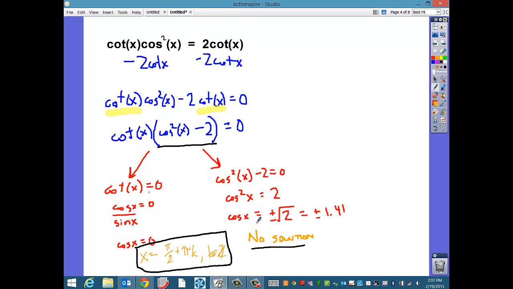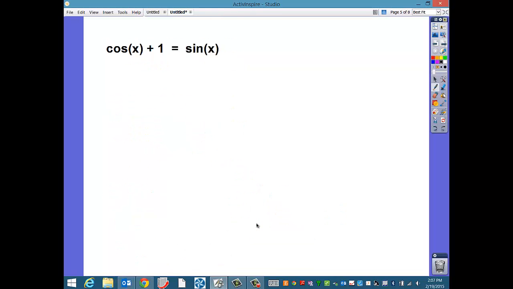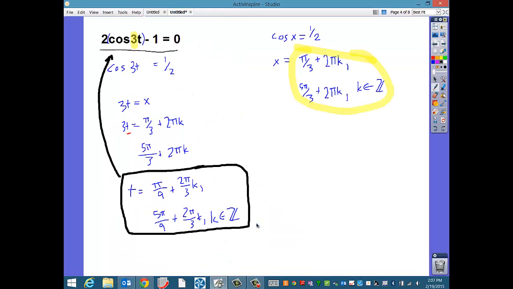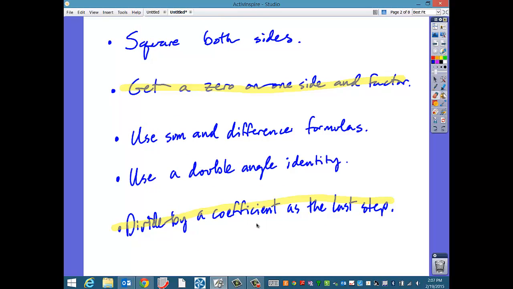Cotangent of that angle also is 0. So all of these are solutions. Okay, moving on. This one, the piece of advice I had for this was that you should try